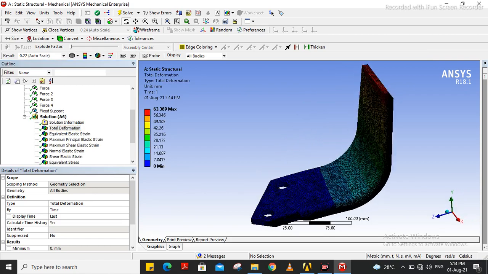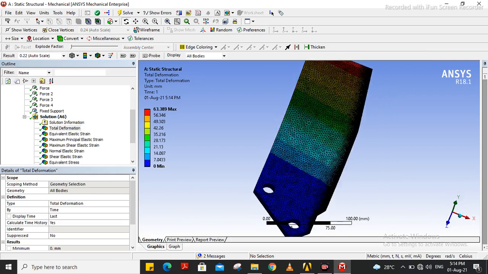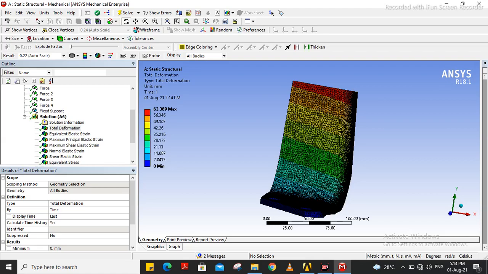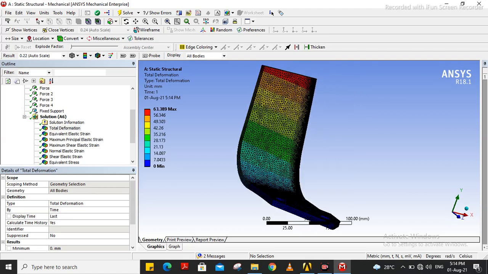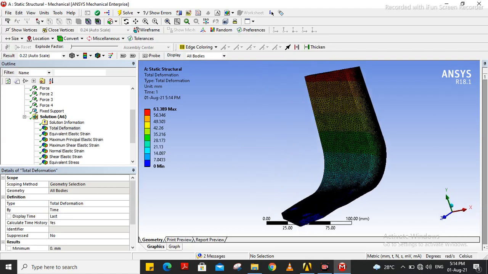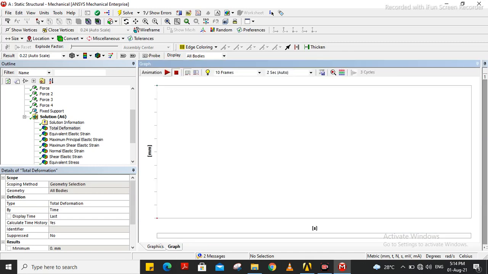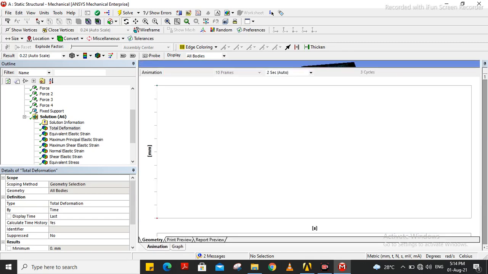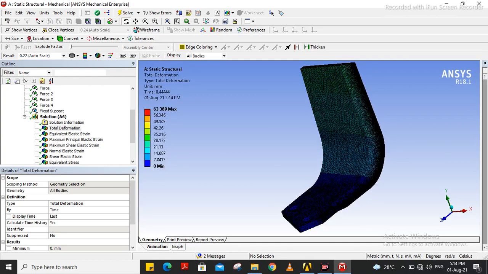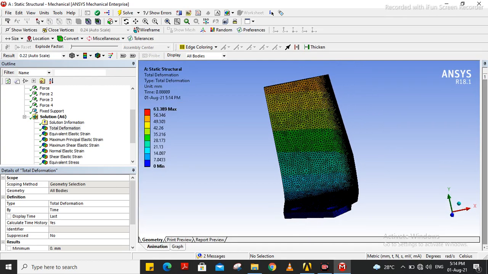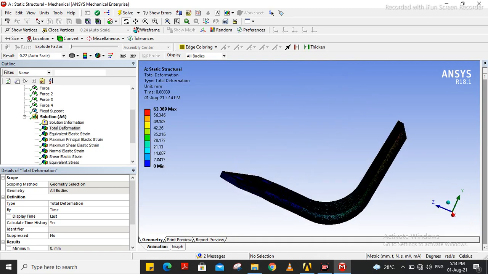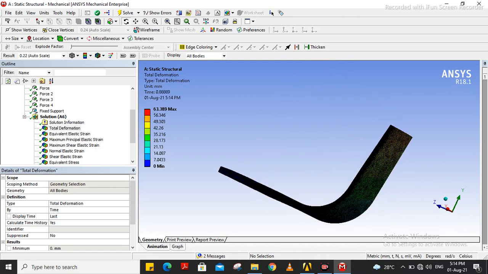Yes, this is the result what we have got over here for maximum deflection model. So now go for this graph, and we may see the simulation of this blade, how it is deflecting due to the load which has been applied over there.